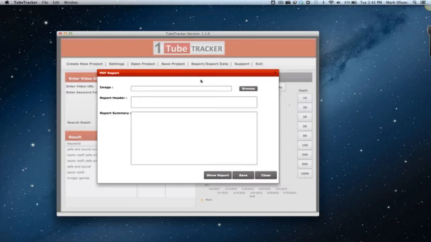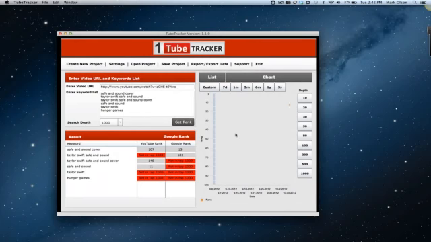If you do the PDF, you can include an image, which comes in handy if you're doing offline consulting for other businesses. You can put your consulting business's logo, add a report header and a report summary, and those will print out along with your rankings and charts. You can also export in CSV to import the data into other programs, or put it into your client reports, for example, if you just want the raw data.